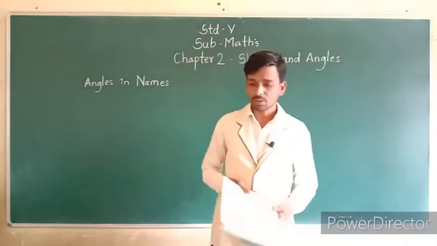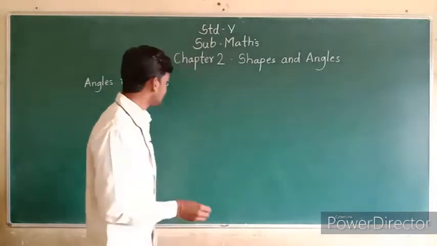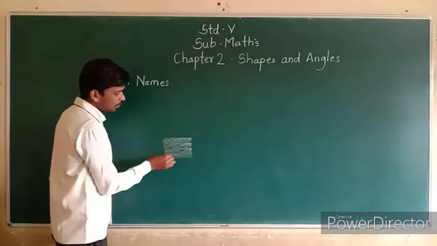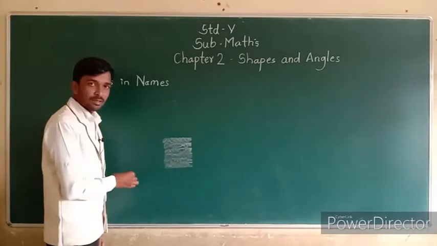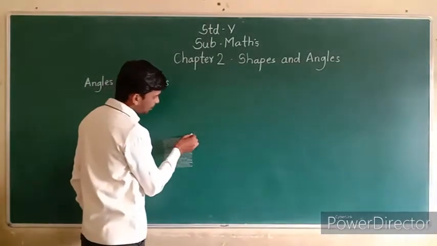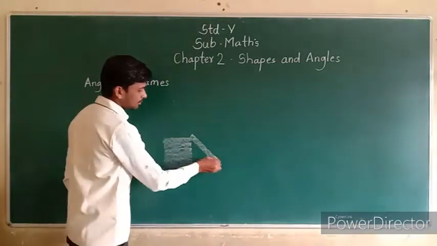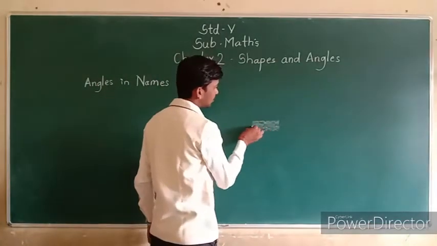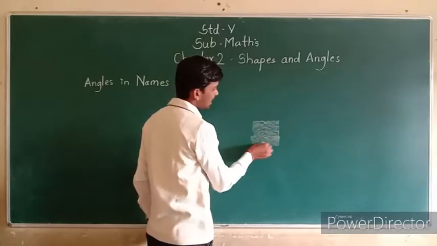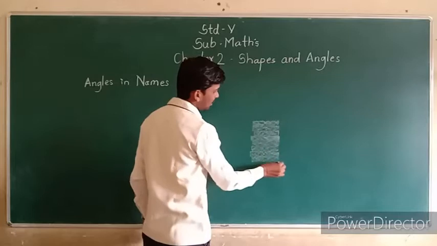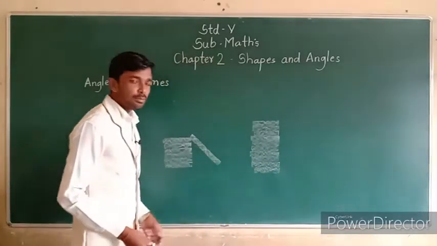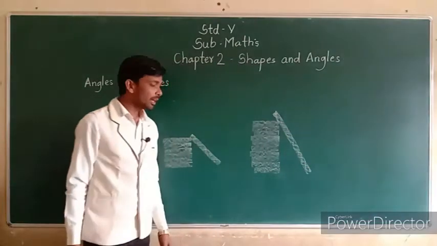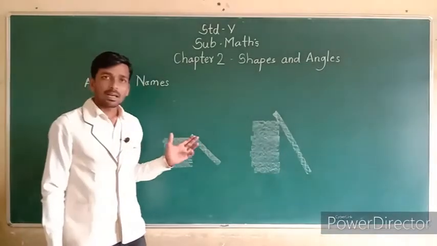See that in these 2. Okay, I will draw here. I can show you. This is 1, 2, 3, 4, 5 and 6. Okay, and here I will put one book like this. And here, see, 10 books: 1, 2, 3, 4, 5, 6, 7, 8, 9 and 10. These are 10 books. Okay, and when we put the book like this, see this angle.